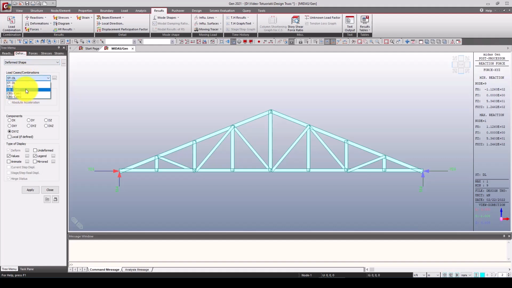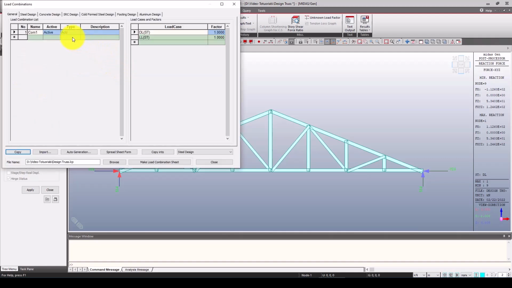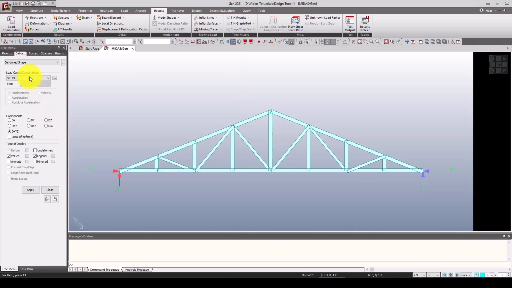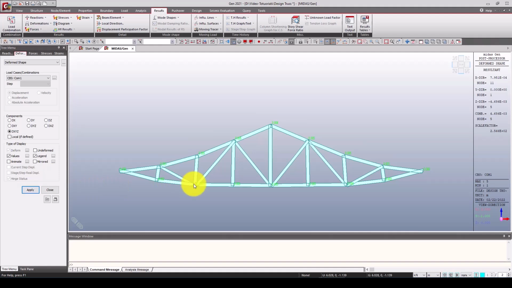Actually we have one more combo. I'm going back to see the combos, which is 3 combos. This is from general, so we want to delete this one. This one is no need. I'm going to delete it. So that one is deleted. Just we have the steel 2 design. Close. And now I can go to here, see combo 1 was 1,